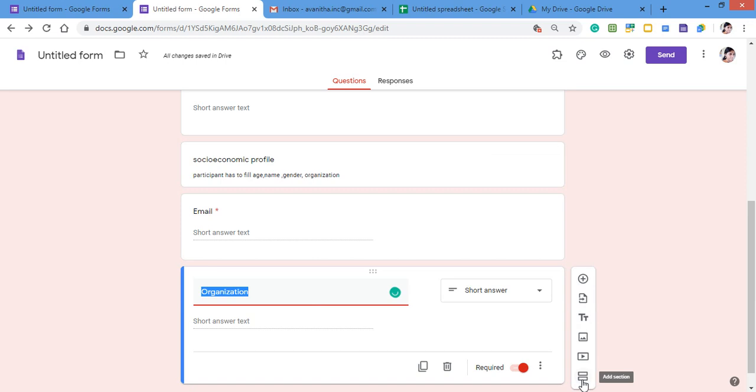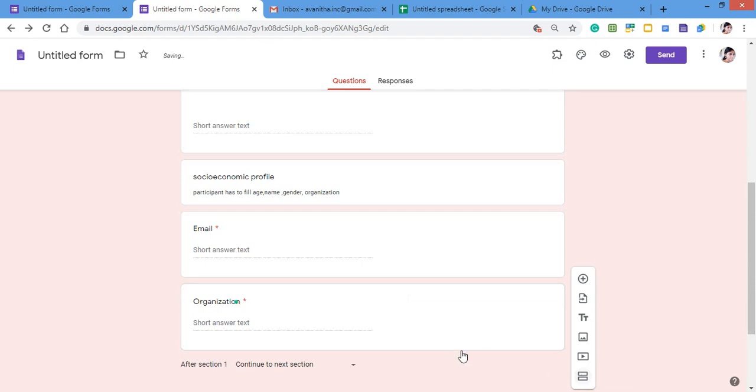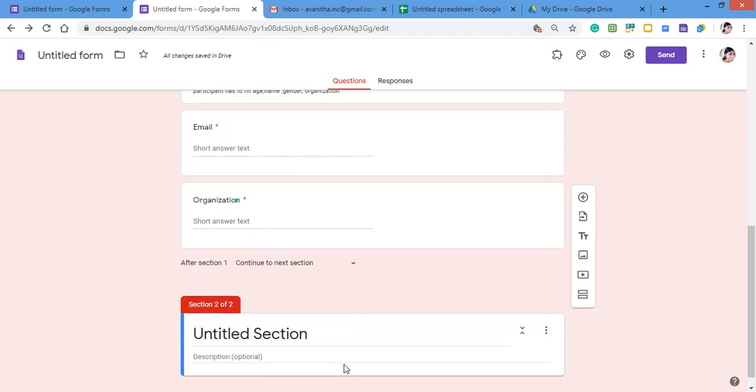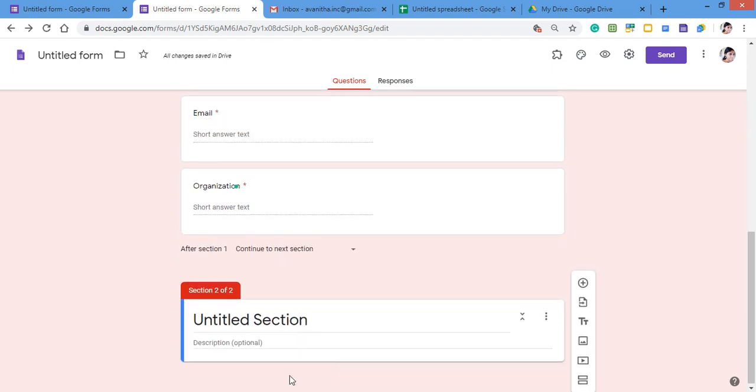For example, if I want to add a section after this, I am going to do it here. Now automatically the next section is being added. After section 1, continue to next section. Now section 2 is being added. Like this you can add the sections to your Google Forms.